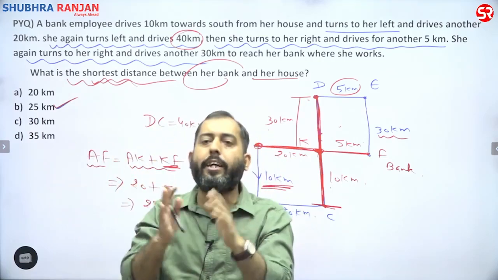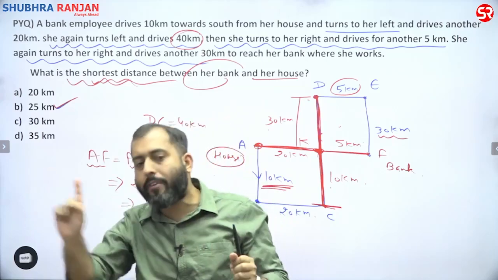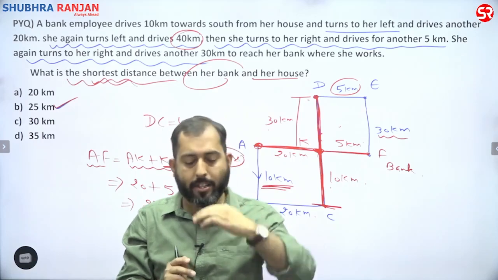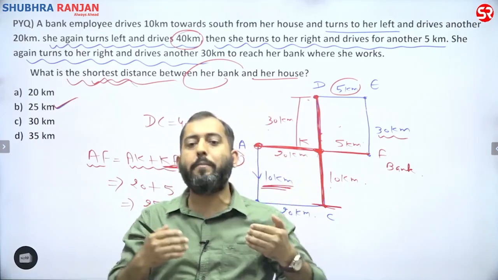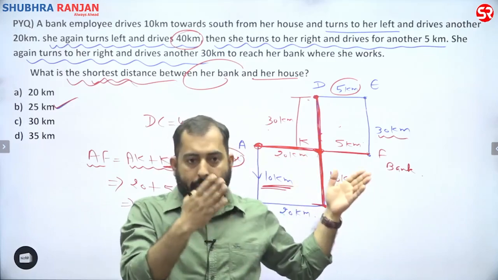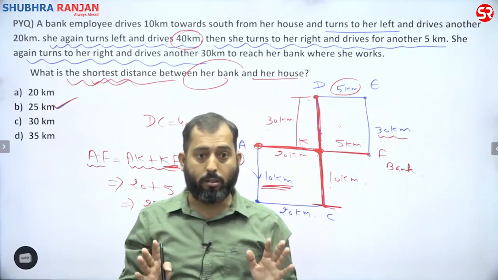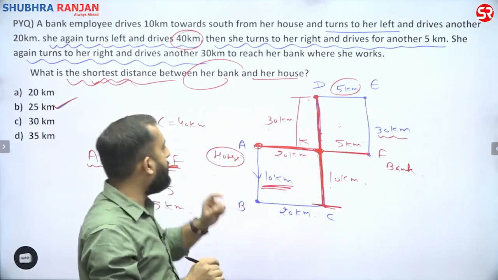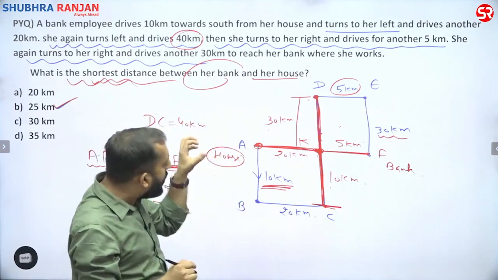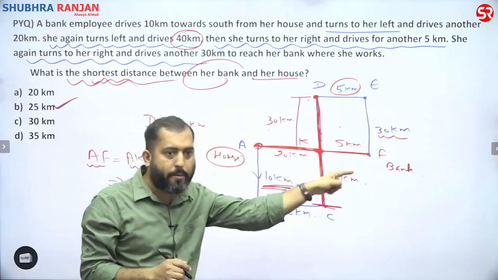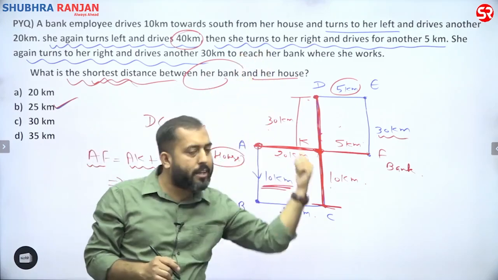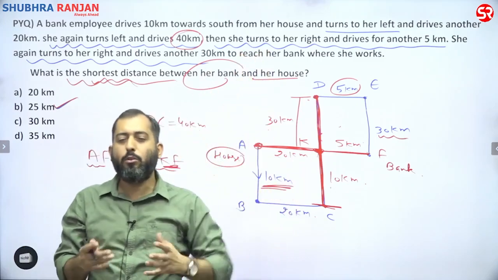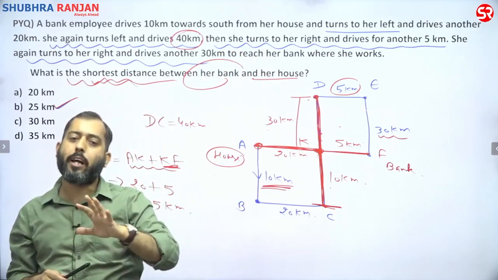And secondly, whenever you are drawing a diagram, use one fixed frame of direction. So every time, if I'm going forward, it means east. If I'm going upward, it means north. If I'm going backward, it means west. And if I'm going down, it means south. So every time while drawing it, I am assuming myself in the shoes of that person, and I'm doing whatever this question is telling me to do. If you do this, I feel like most of the time you will get the right diagrams.